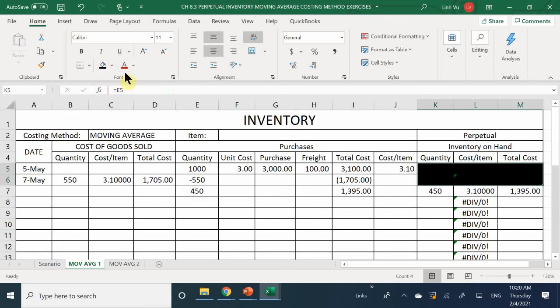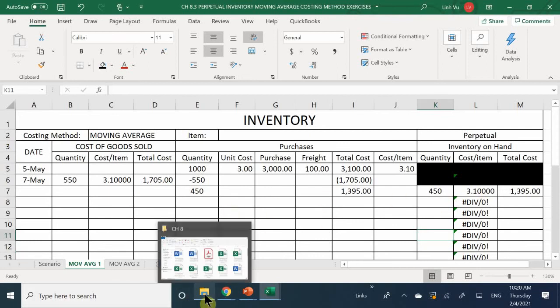Okay, so now as I keep doing that, every time I make a purchase or every time I make a new quantity, I'm going to move my average cost along. So instead of having to calculate it twice, I'm actually going to calculate it once by using this formula right here. So this is how I do my moving average. Excuse me. Okay. So that's what happens here. All right, so let's go ahead and see what has happened next